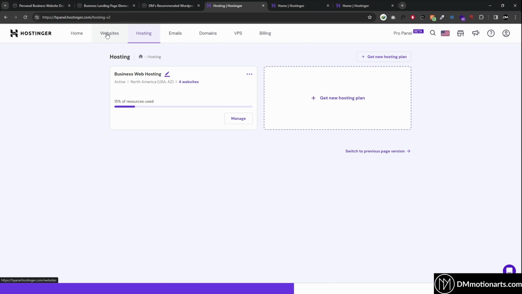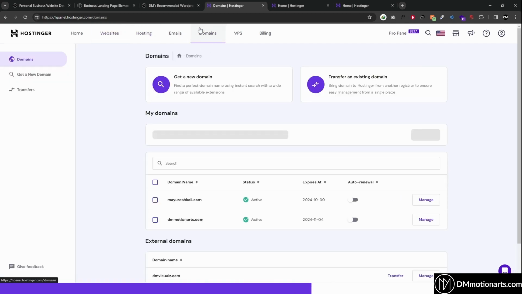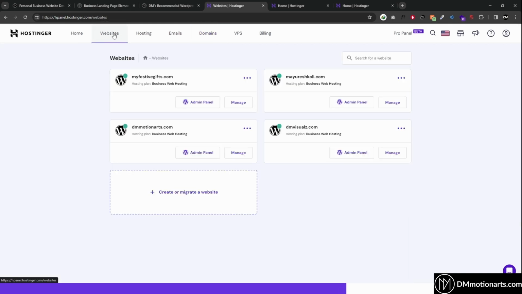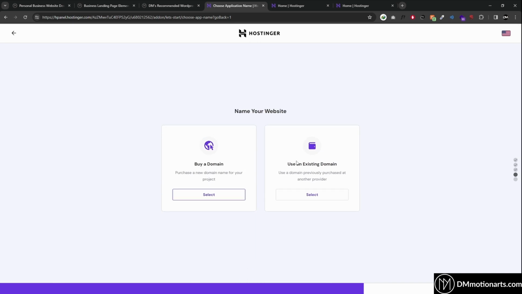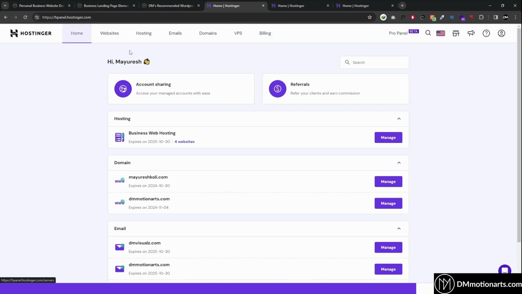And then all you need to do is, if you got a free domain from Hostinger, which would be present around here. But if you don't have a domain purchased on Hostinger but on another site, just go on websites, create this, do skip, and then you could see a domain previously purchased at another provider. So if you have purchased your domain from GoDaddy or some other site, just click on this one and add your domain and do the setups which are shown around here.